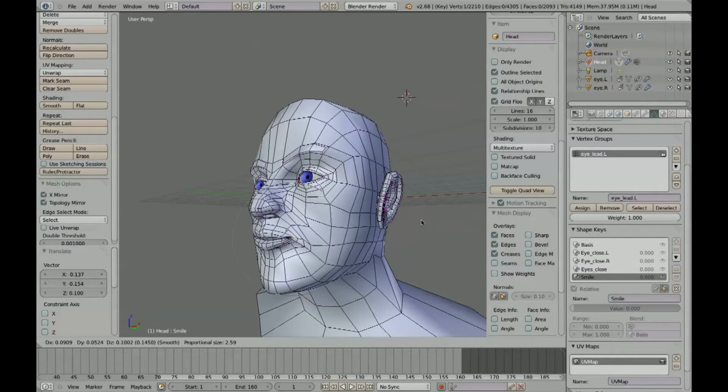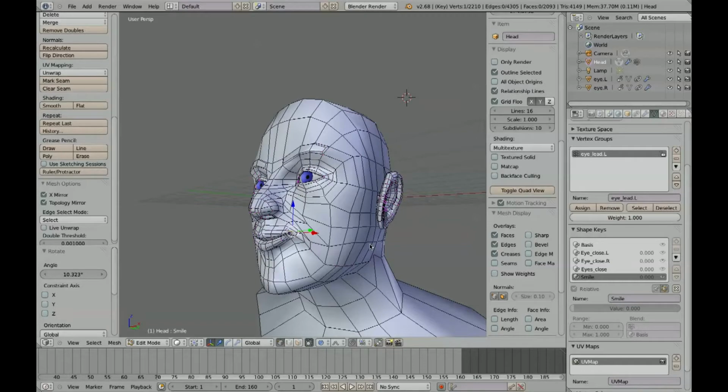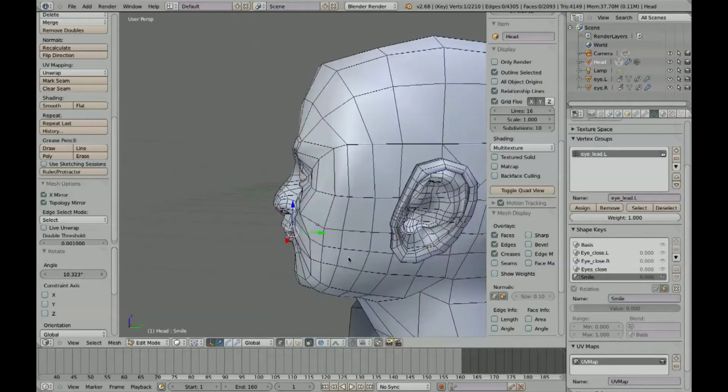Too much. Just affect this area. There you go. Again, grab and let's rotate a little bit this way, and of course this is a very poor